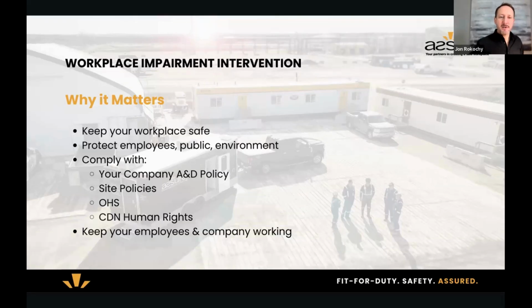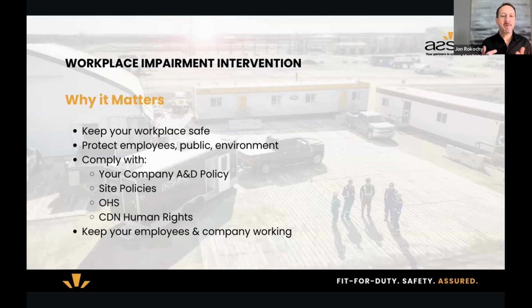So it also matters because a lot of you that are here are likely safety managers, you work in health and safety, you work in HR, or you're a supervisor in your company. So therefore, part of your obligation and duties are to uphold company policies, which your drug and alcohol policy and fit for duty policy is one of them. So that's another thing that we do and we support companies with: understanding your policy, rewriting it, answering questions around it to help make sure that you're comfortable with it and confident with your policy, to make sure that it's adhering to the Canadian model for providing a safe workplace, human rights, and OHS as well.